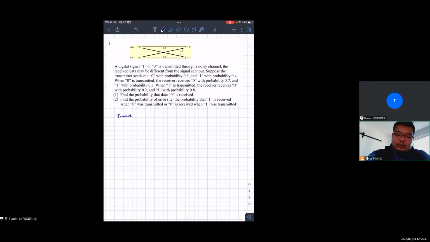First group is the transmit group, and the other group is the receive group. For the transmit group, we can see that the probability for message 0 is 0.6, and the probability for message 1 is 0.4. For the receive, the probability for message 0 is